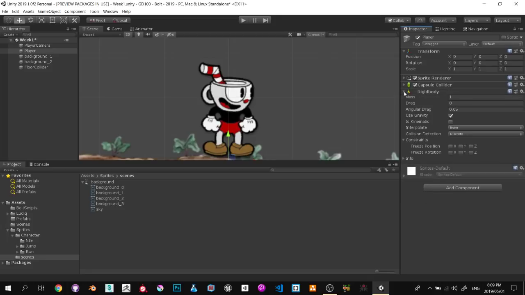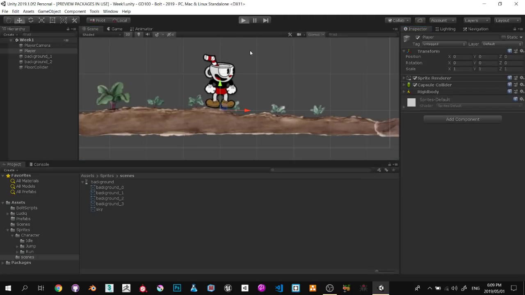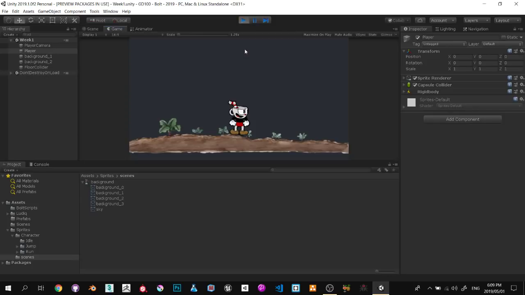Remember, a 3D one, not a 2D one. Before we even get started, I'm going to already lock all the rotations so that he doesn't roll around when we start adding animations and stuff. I'm going to push play just to make sure everything is working and see if he falls in front or behind. Okay, so in my case, I got lucky and he fell in front of this background image,